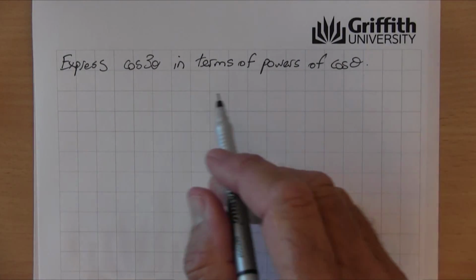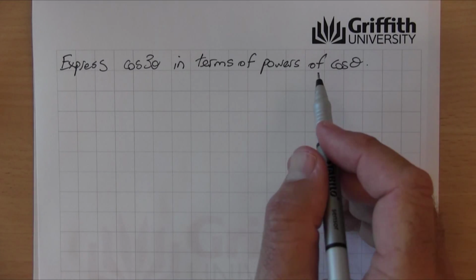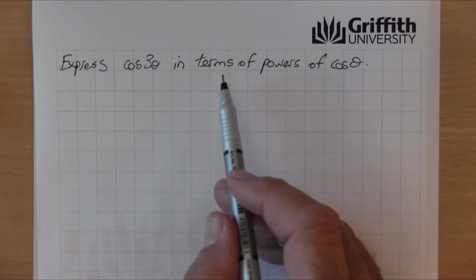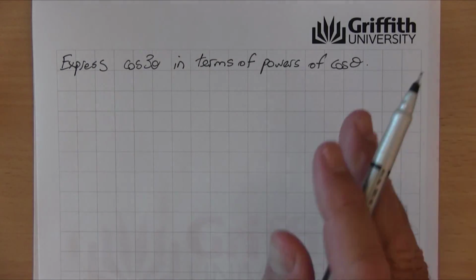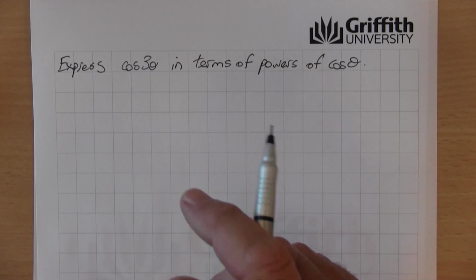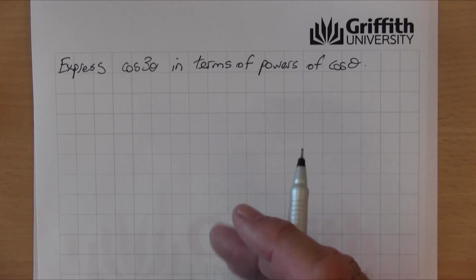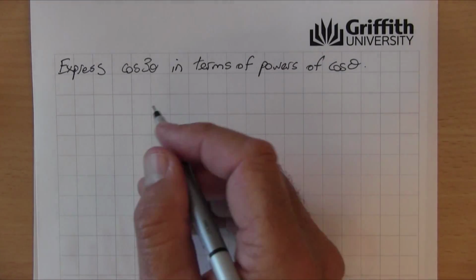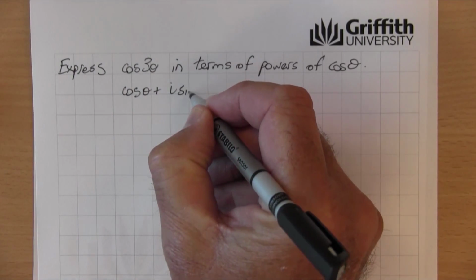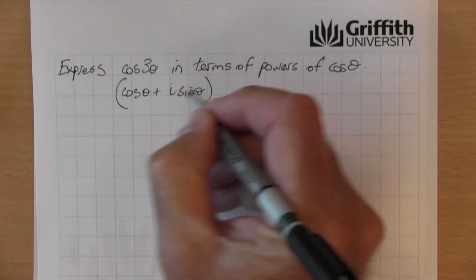Here we have an example of the use of de Moivre's theorem. We've got cos 3 theta, and we want to express it in terms only of cos theta and powers of cos theta. So if we go back to our memory of what de Moivre's theorem was, it's (cos theta plus i sine theta), all raised to the power of 3,